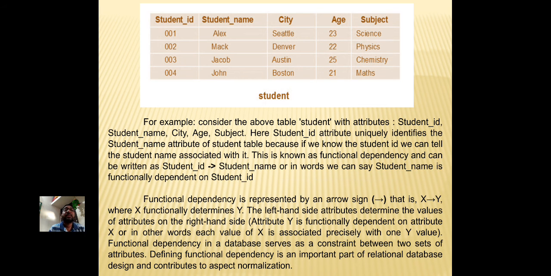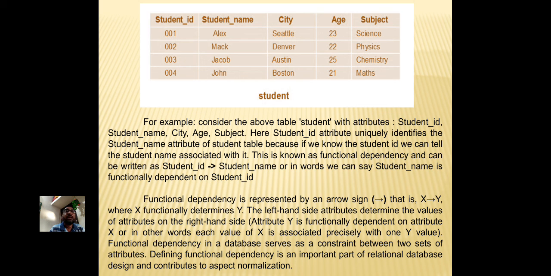So in the table: student ID, student name, city, age, subjects. For example, consider the above table student with attributes student ID, student name, city, age, subject. Here the student ID attribute uniquely identifies the student name attribute of the student table, because if we know the student ID, we can tell the student name associated with it.